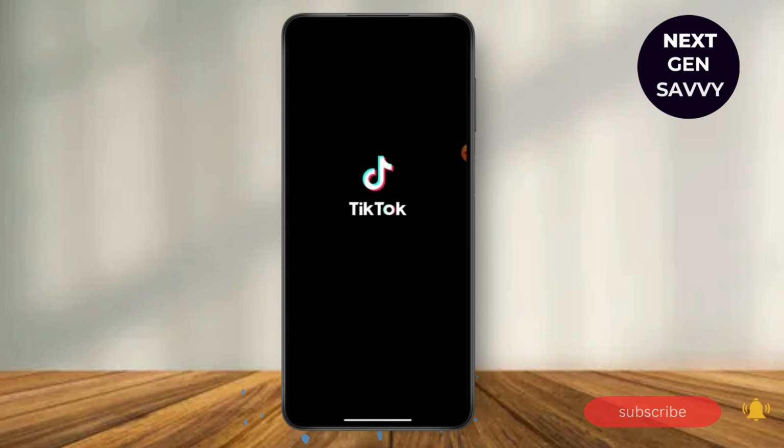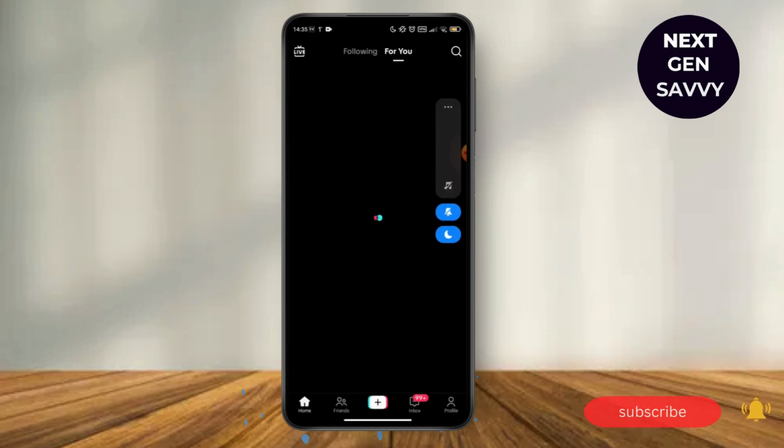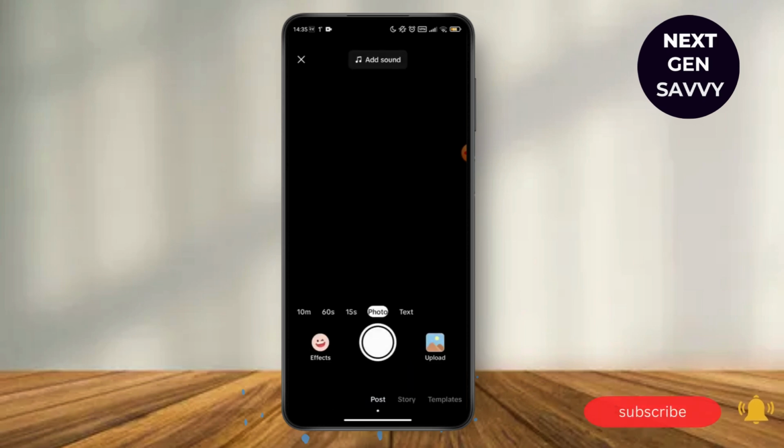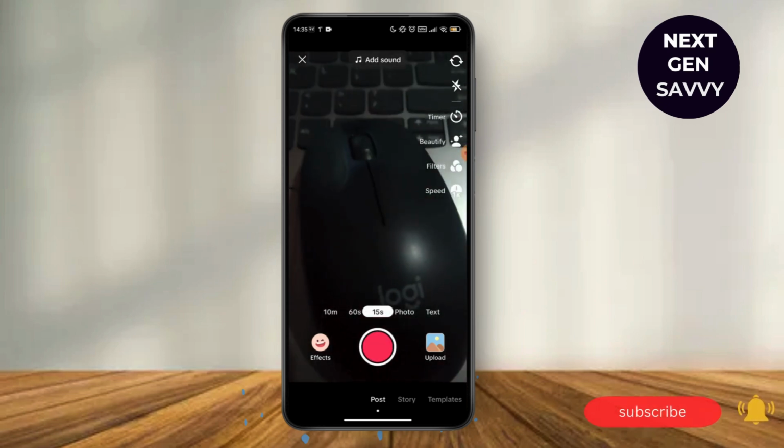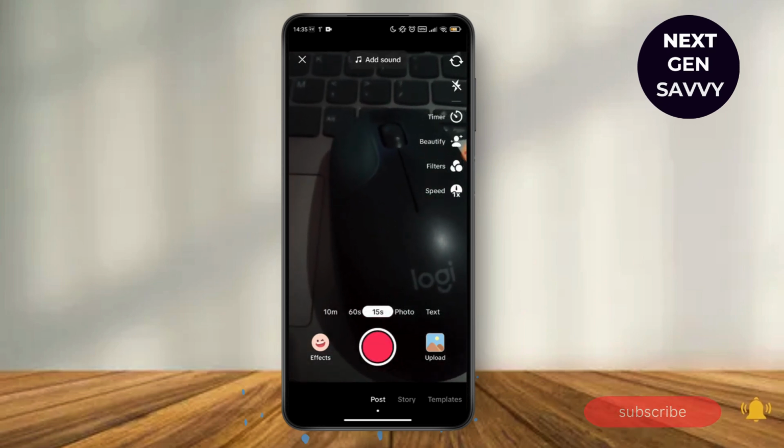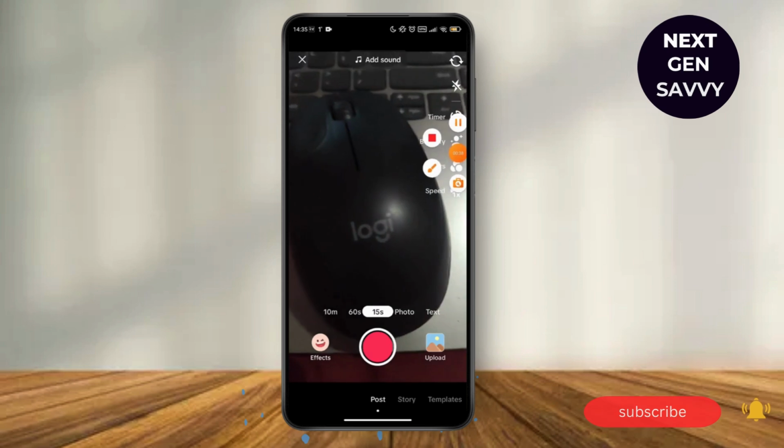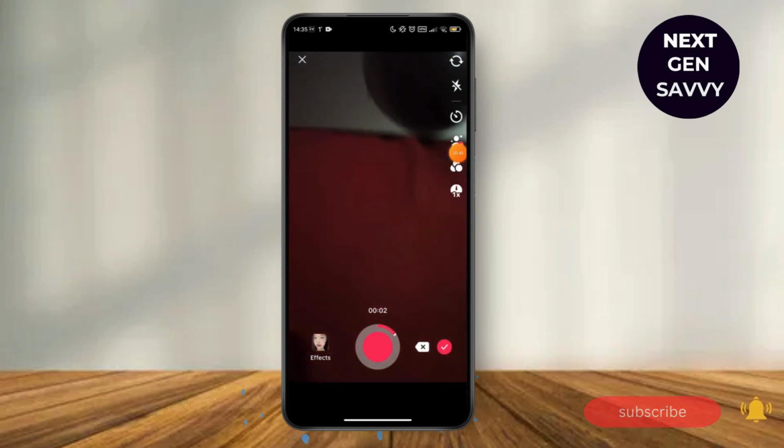So once you have opened up your TikTok here, on the bottom there is a plus icon. You have to go for the plus icon here. So to upload the video widescreen on your TikTok, you can record your video first of all here. So go and record your video. So once you have recorded the video,